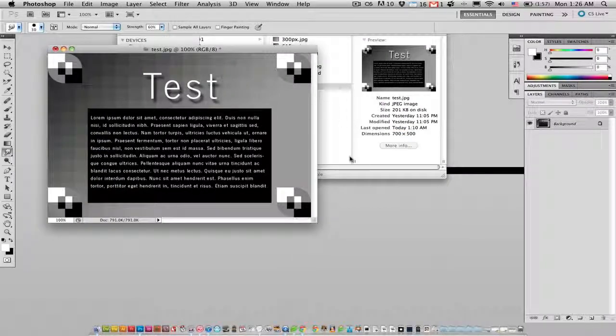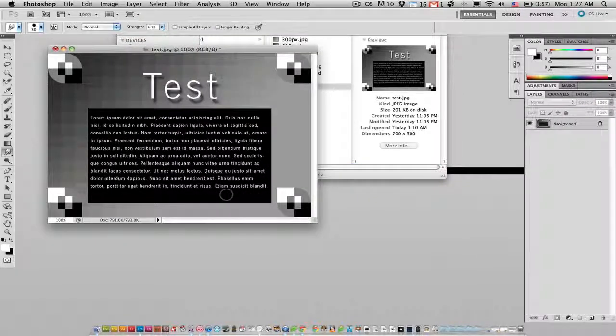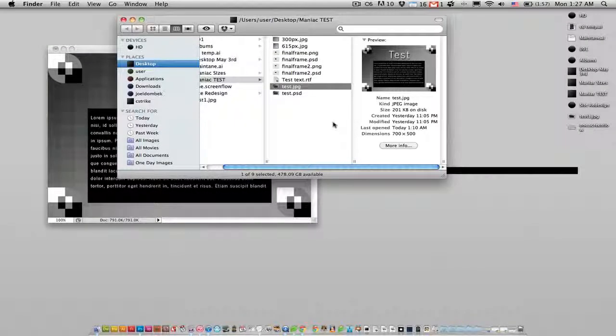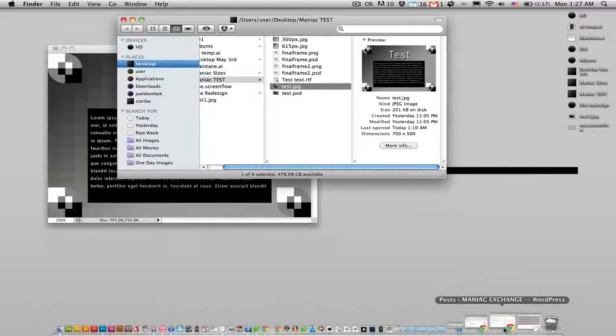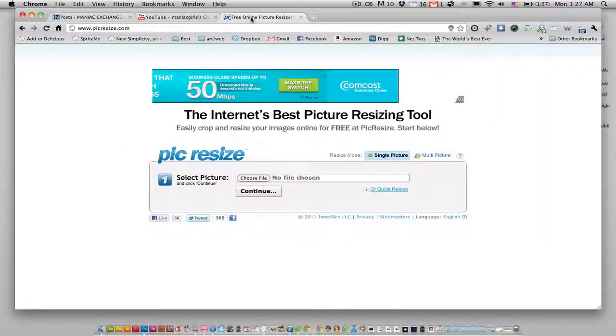Okay. So that's the one size. That's the larger of the two. The other size is 300, and you're just going to follow those same steps for 300. If you do not have Photoshop, however, and you are just looking to size some images quick, but keep them at the same aspect ratio,